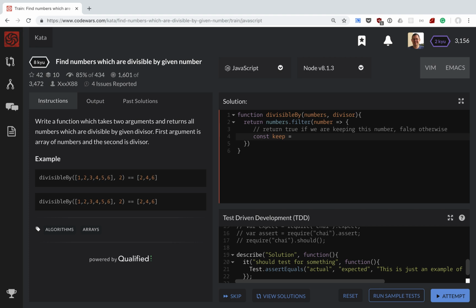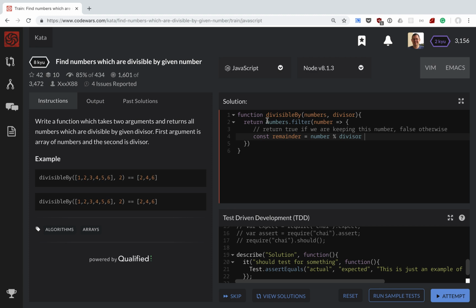So we learned an operator that helps us with remainders, the mod operator. So if we ask for this number modulus the divisor, this is the remainder. Actually, let's break it out. This is the remainder, right? Remainder, if we take number and divide it by the divisor,